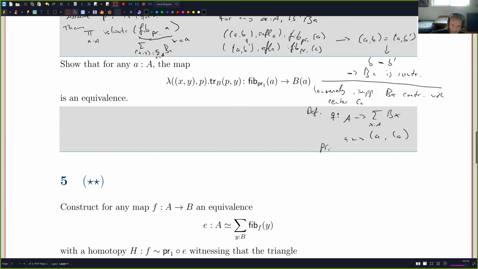We have PR1 of Q of A. What's Q of A is just this, and PR1 of this pair is judgmentally equal to A. So this is really just A. And that of course also gives us a path. And Q of A, Q of PR1